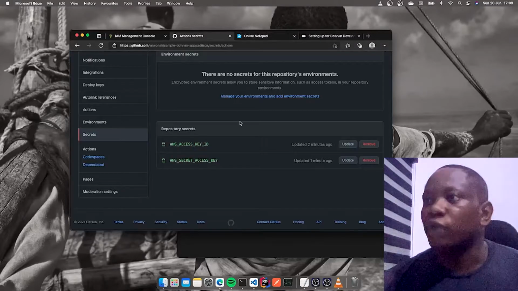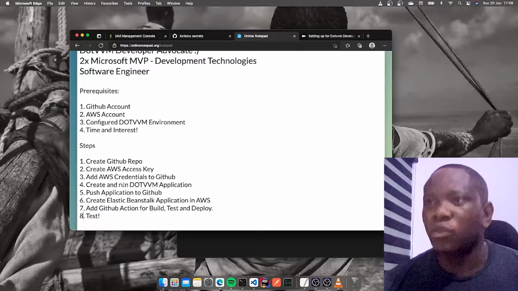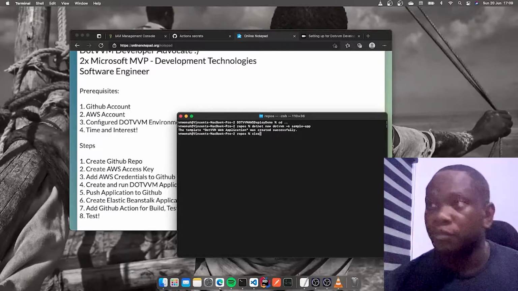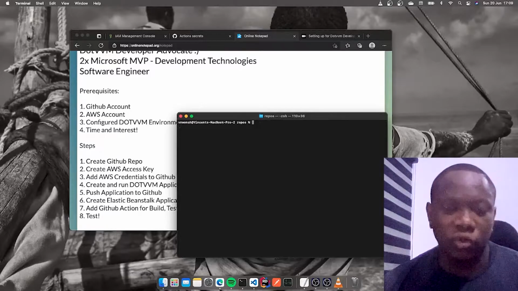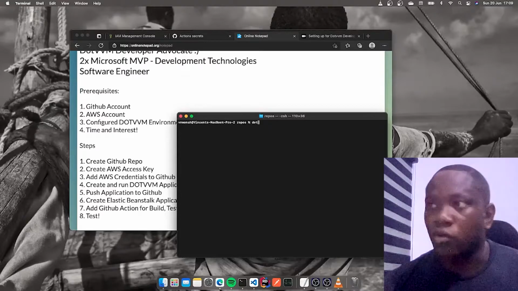Great, so we've added this secret here. Let's see what's the next thing to do. So we need to create a .vvm application locally. The way to do that in Windows, if you're running Windows, you can just fire up Visual Studio and create a new application and all of that. But if you're on Mac or you're using Linux, you can use the command line and say dotnet new vvm